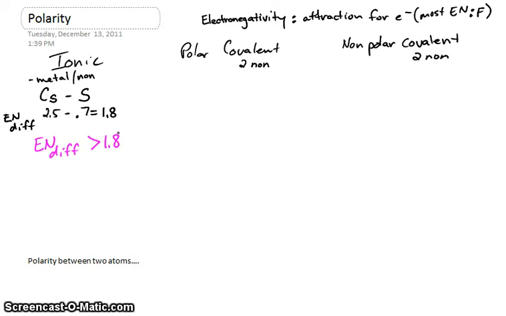So, excuse me, why did I say 1.8? My bad. 1.7. So what's the deal with everything else? What if it's exactly 1.7? Well, then you're kind of getting into a gray area, so to speak. But big electronegativity differences are ionic. Why is that? Because this element has a very strong attraction for electrons. It's tugging electrons. And these metals have very weak attractions for their outer electrons, their valence electrons. So what happens? It just goes, and the sulfur just pulls that electron essentially completely away from the cesium because of that big electronegativity and that